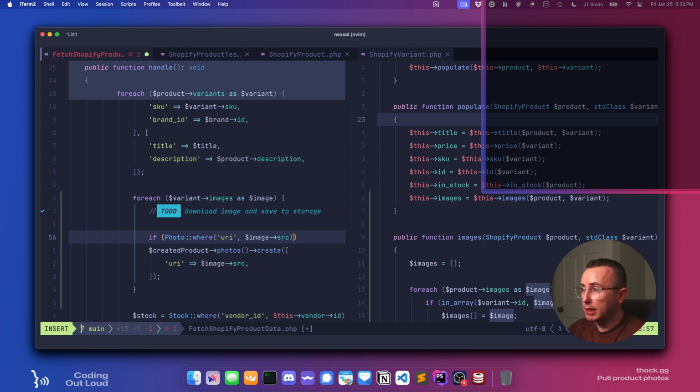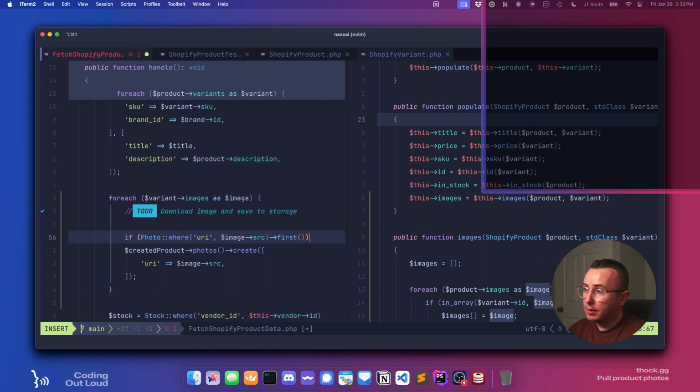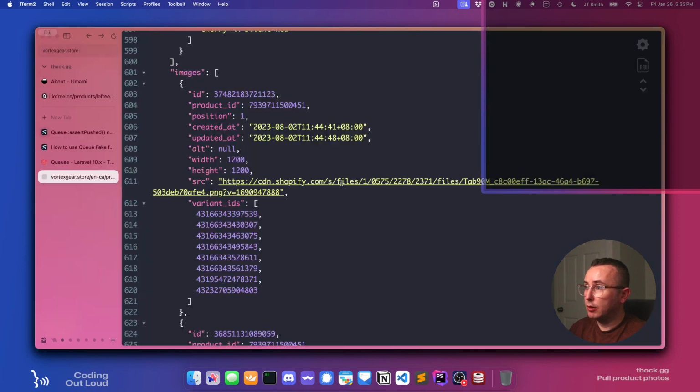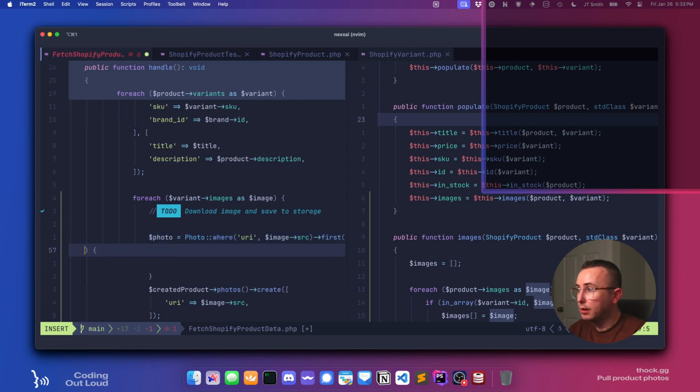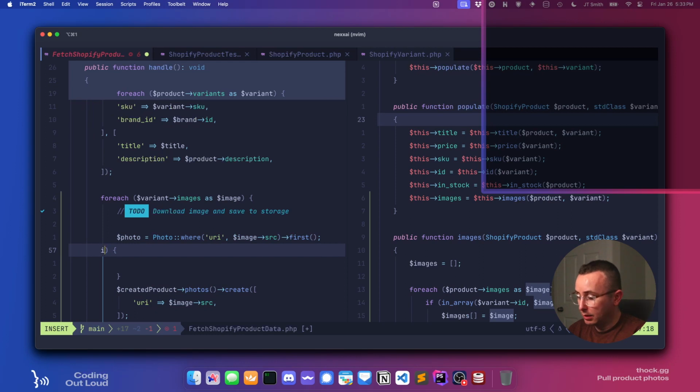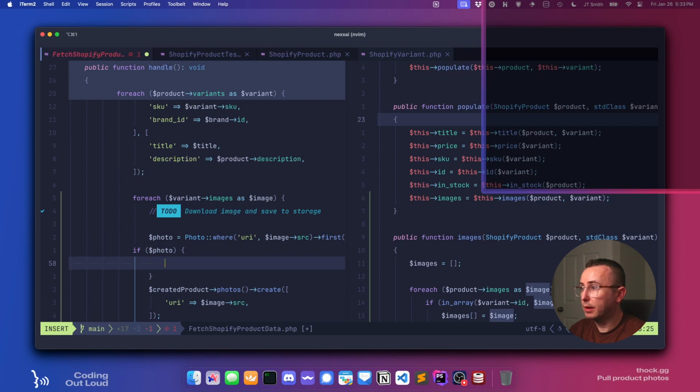So basically what we're saying is if an image with this same source already exists in our database, we just want to say, actually, okay, photo equals that, and then if photo, so if it exists, we want to say photo attach,